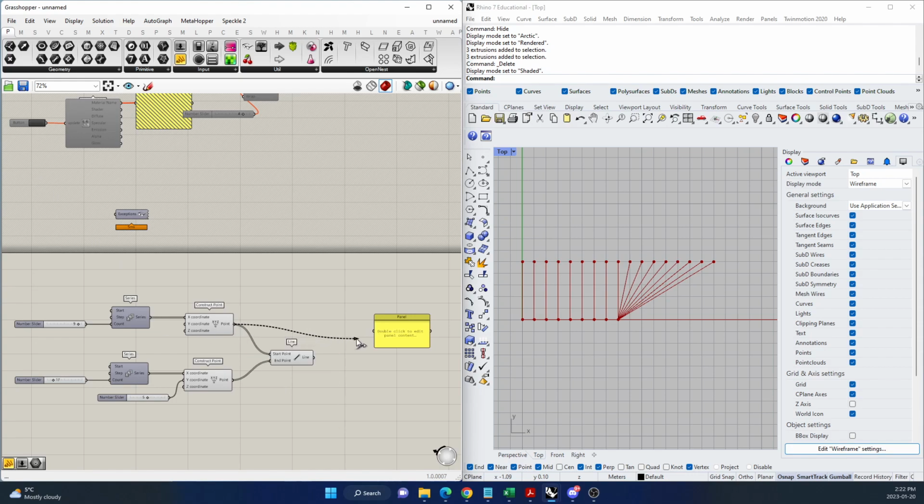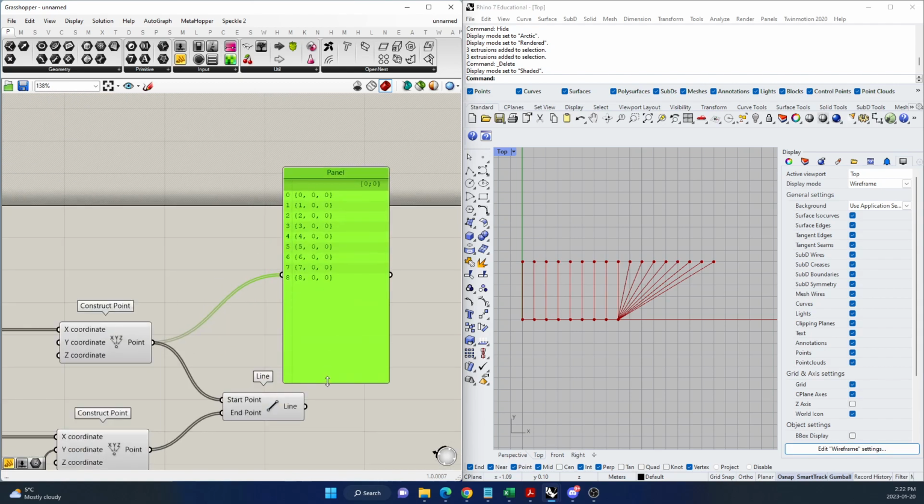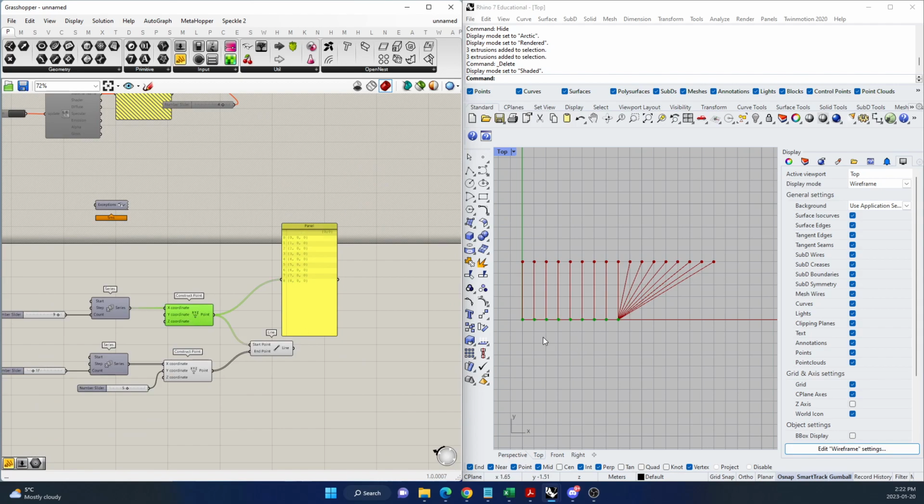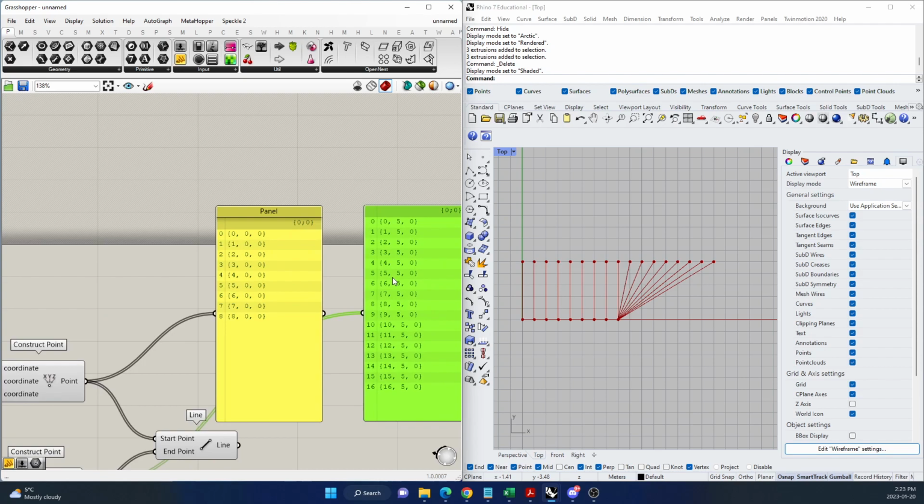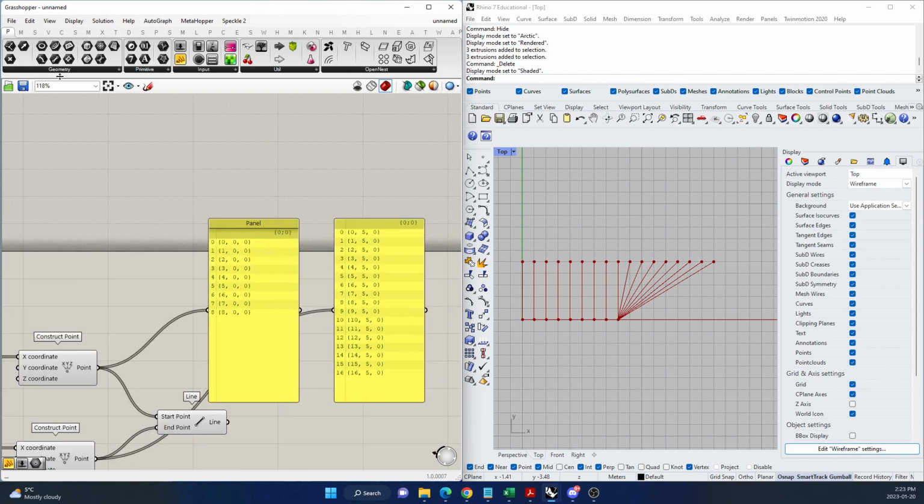Okay, so let's plug in a panel to understand these points here. So 8 points, which is this one at the bottom. So that's the short list. And then let's plug in the long point list to this. So by default, what